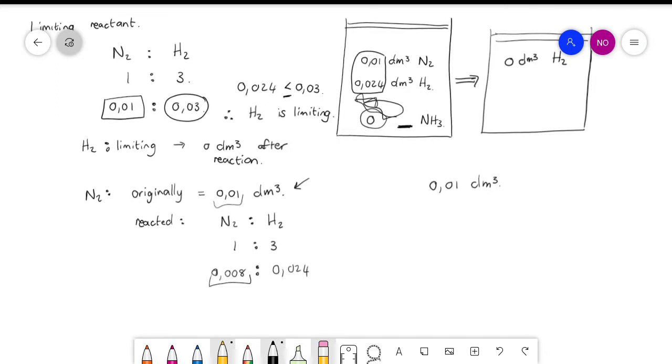They react in a ratio of 1 to 3. So if we know this is the amount of hydrogen gas that reacted,